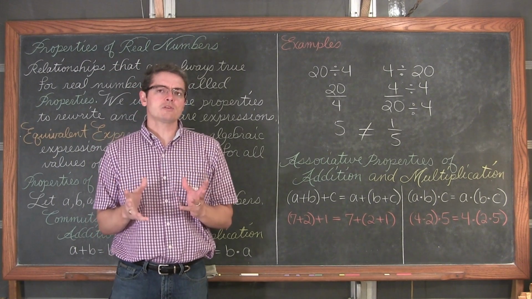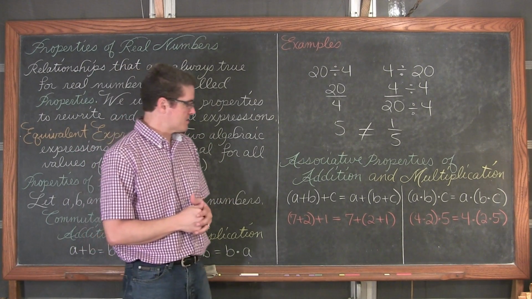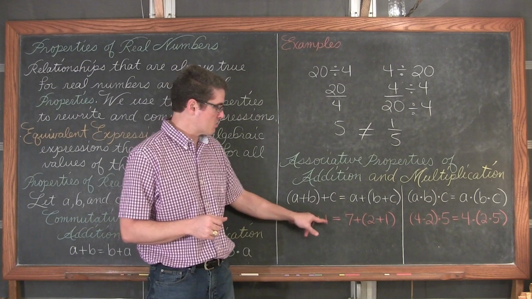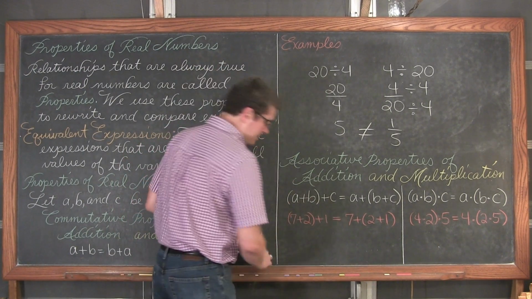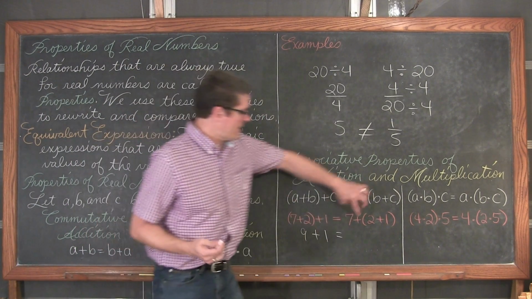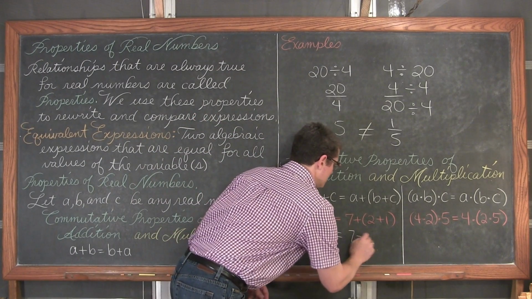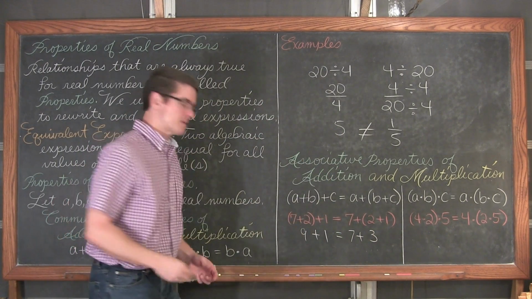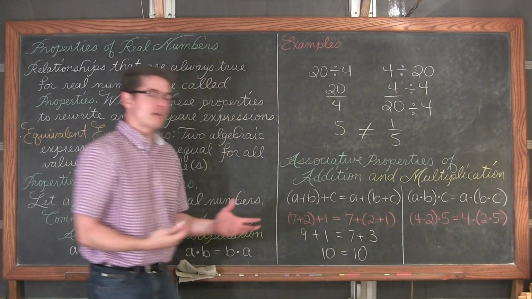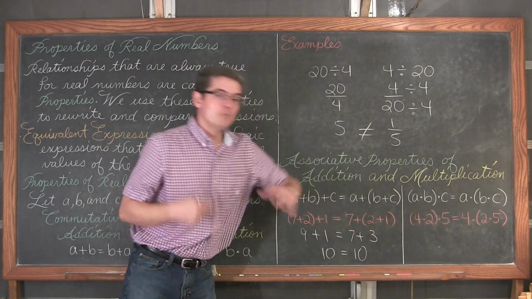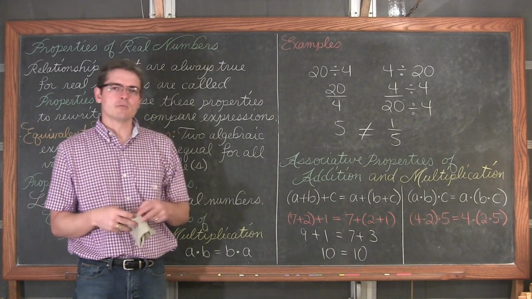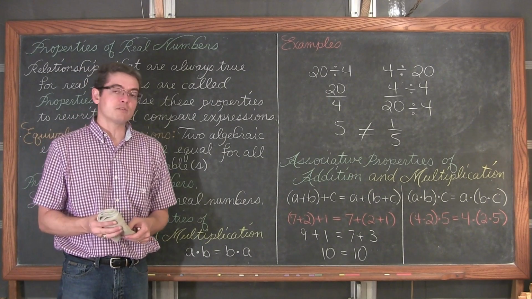Well, if you remember your order of operations we just spoke of recently, or you learned in your math class, you have to work inside the parentheses first. So when I see (7 + 2) + 1, those parentheses are telling me that I need to add the 7 and 2 first. So we get 9 + 1. And over here we have 2 + 1, which is 3. And 9 + 1 is equal to 10. And 7 + 3 is also equal to 10. And we have equivalent statements. So we were allowed to move the grouping symbols, if you will, in this example, and get equivalent statements. It's at least one example. It's not a proof, but it is at least one example of the associative property working.